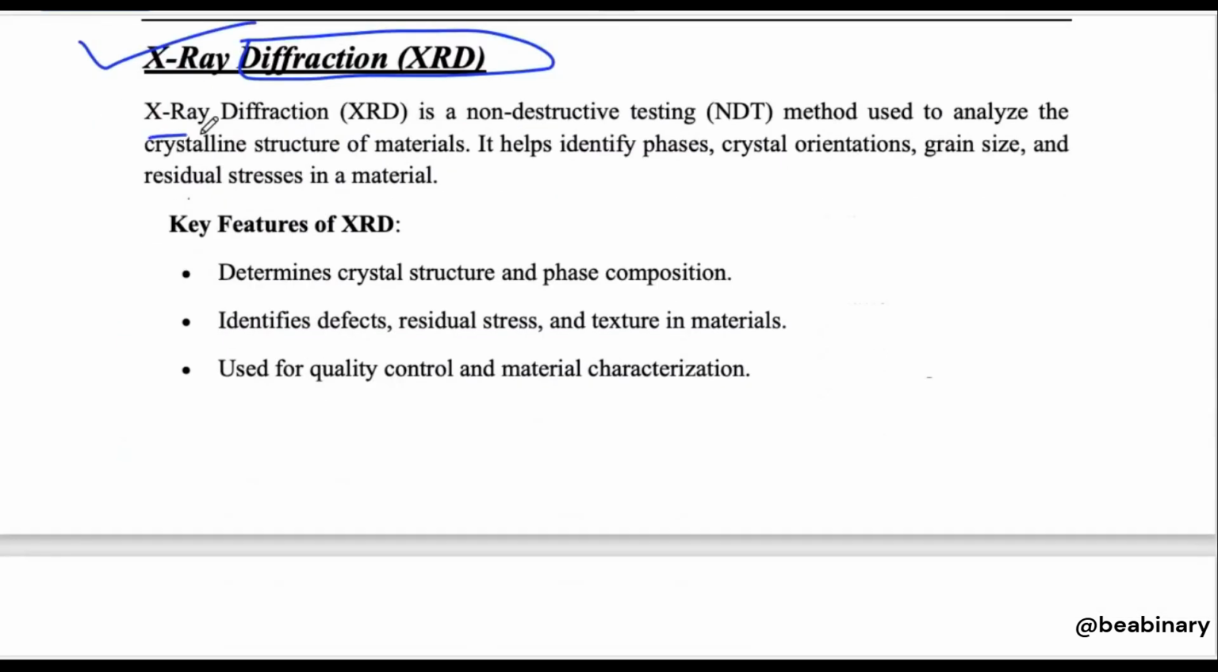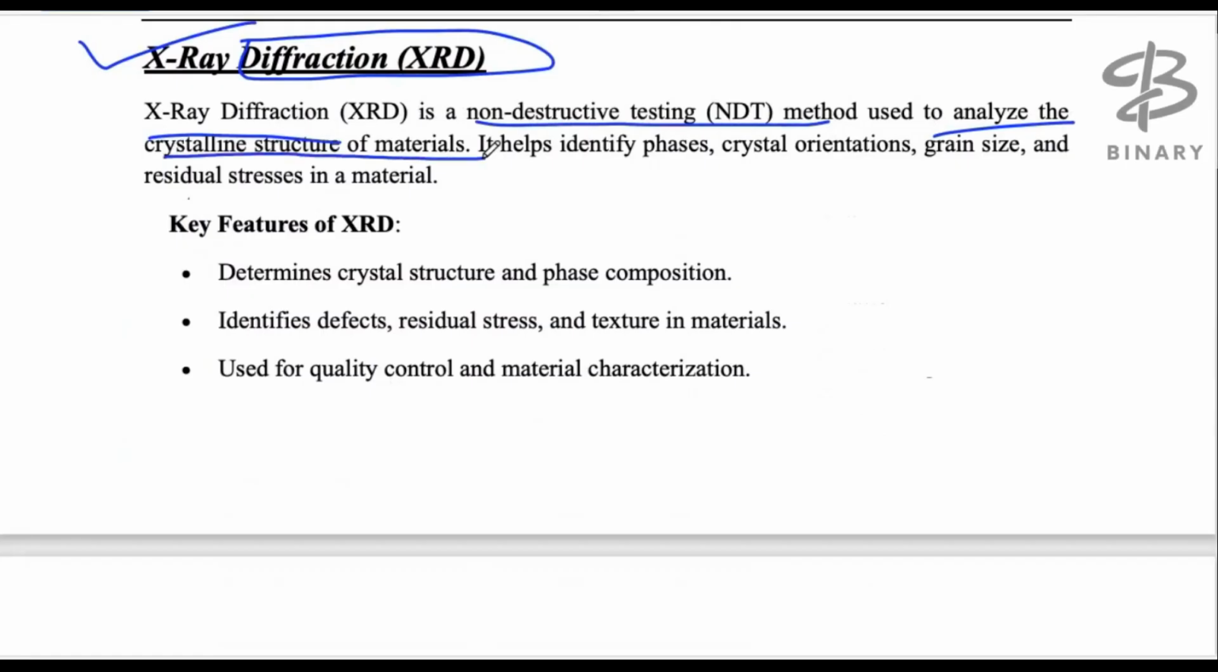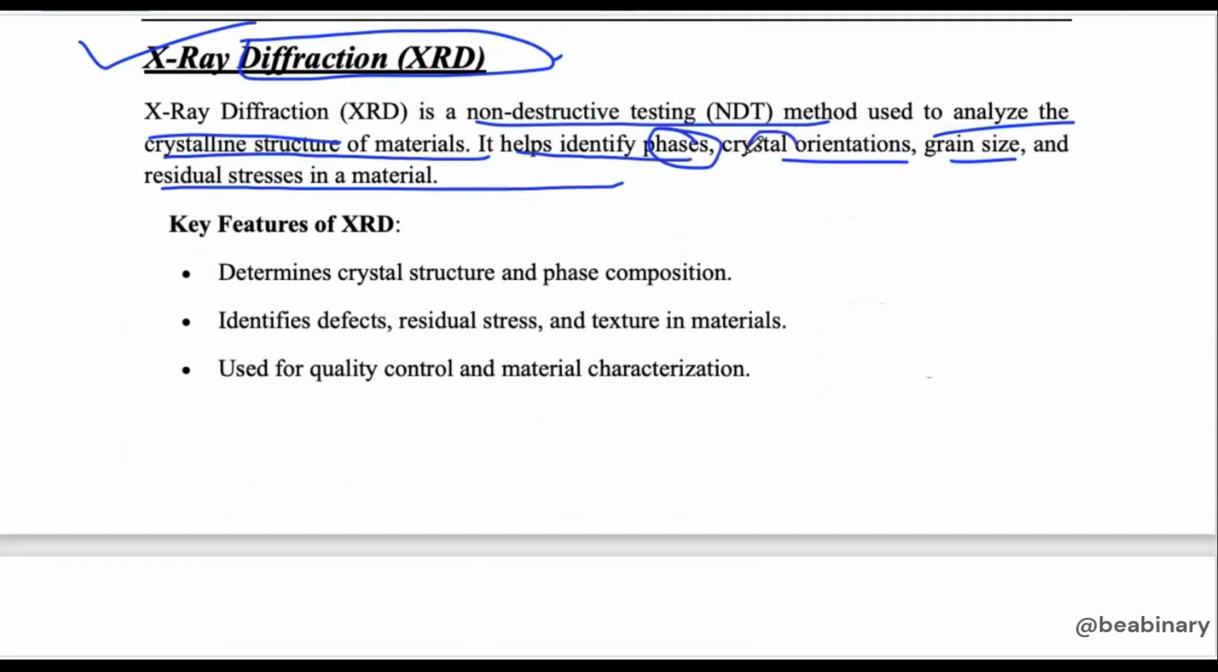X-ray diffraction (XRD) is a non-destructive method used to analyze the crystalline structure of a material. It helps identify the phase, crystal orientation, grain size, and residual stresses in the material. So the purpose for which we use XRD is to analyze the phases, crystal structures, and crystal orientations. Basically, in simple terms, to analyze the crystal structure. In the crystal structure, we can also analyze the phases, crystal orientation, grain size, and residual stresses, if any are present inside